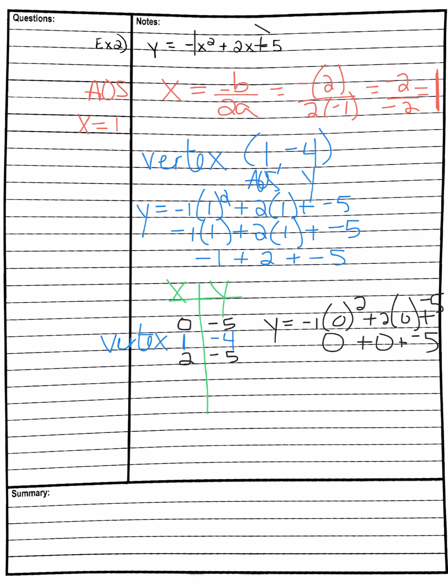And so we need another point to get a good visual of this graph. So 1 more less than 0 would be a negative 1, and 1 greater than 2 would be a positive 3. They're the same distance from the vertex. So if I plug negative 1,